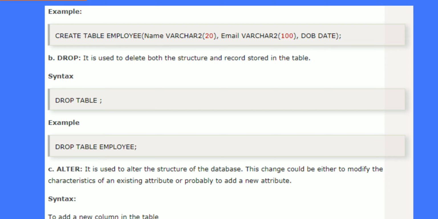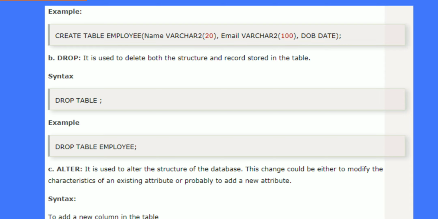The example is drop table, table name. In the example, I am writing drop table: we already created an employee table above, and that employee table will be deleted. Drop table employee. Next one is alter.